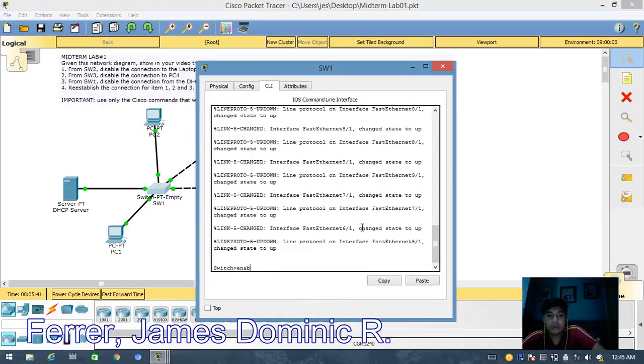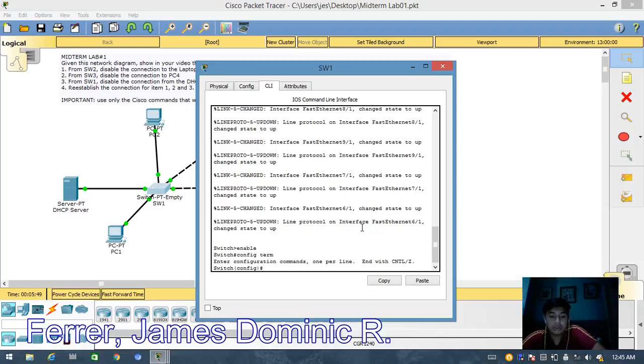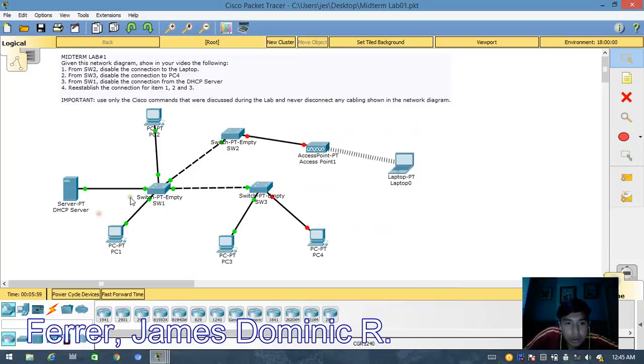Just type enable, config term, then type interface fast ethernet, then point to the connection, it's 0/1, then continue.